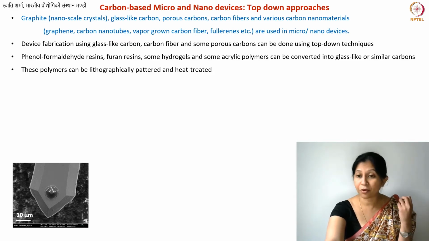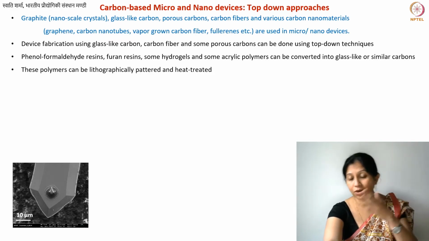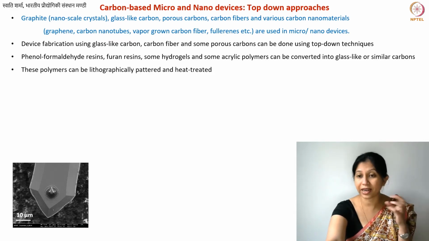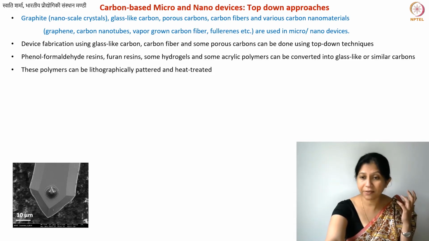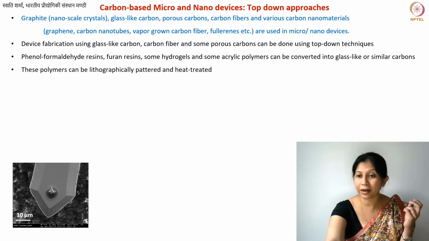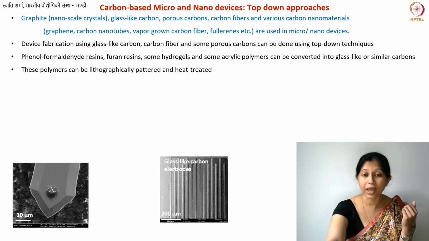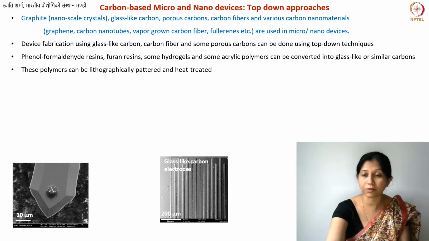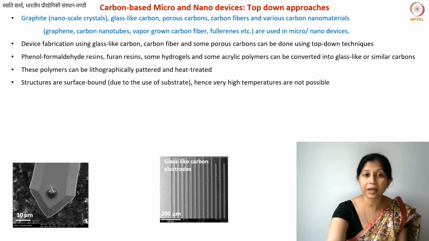You have to perform certain experiments, see what is happening to your structures, whether they are getting deformed because of the coking process or not. So these kind of experiments you can do and then figure out. But definitely many high carbon containing organic polymers can serve as a precursor. Okay, so you can get these kind of structures. So this is some pattern, again lithographically patterned structure, which then you convert into carbon via heat treatment. Heat treatment temperatures are relatively low.